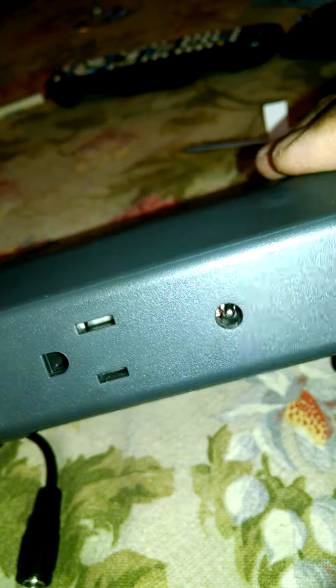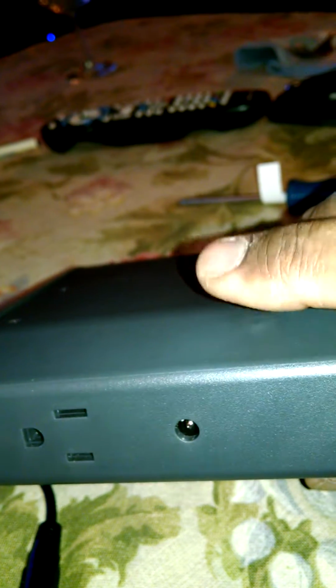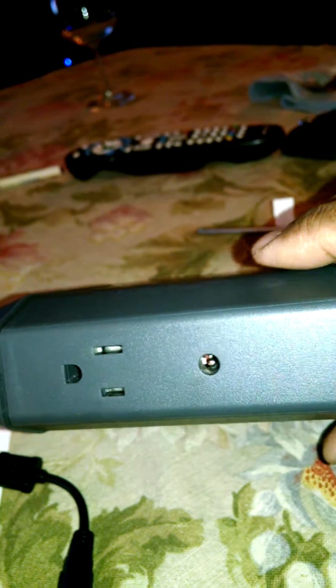Okay, one other thing, I was musing over whether the charging input could take more than the 18 volts supplied by the power adapter, and in fact this port does accept up to 32 volts, and it's got an MPPT charge controller, which means you can plug a solar panel directly into it as long as it's less than 32 volts, according to